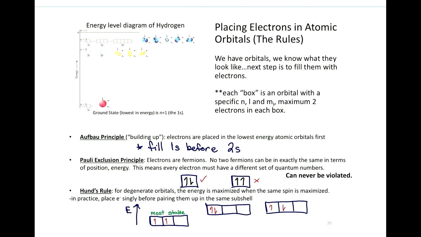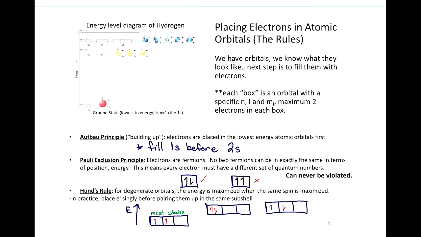So the first rule is Aufbau's principle, which just means if given electrons, you always want to fill lower energy levels first before you fill higher energy levels. So like in practice, fill your 1s before you fill 2s, before you fill the next one. You just work your way from the bottom to the top. Okay, then the next rule is Pauli's exclusion principle, but that just says that no 2 electrons can have the same 4 quantum numbers.